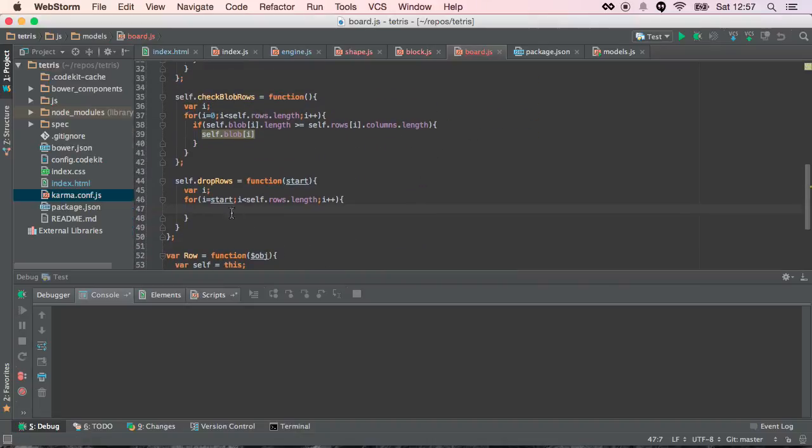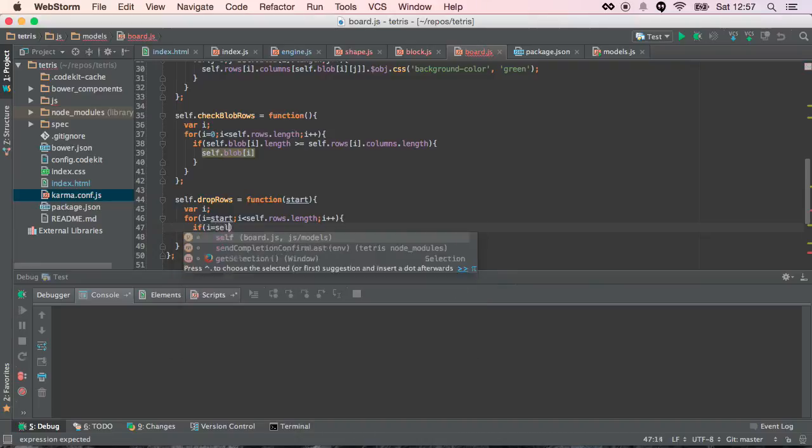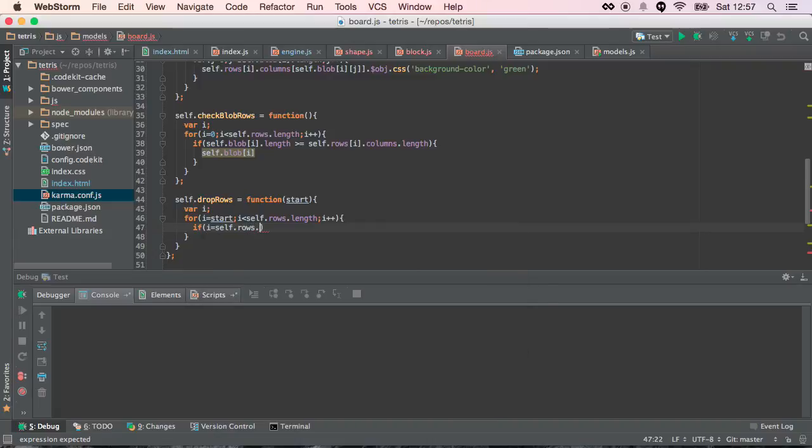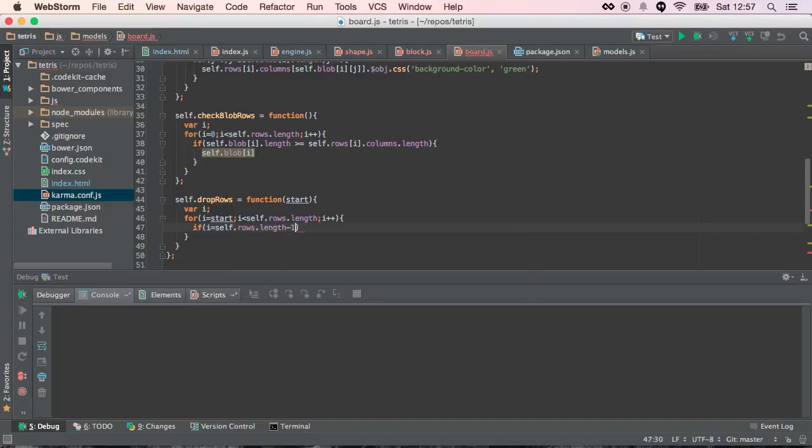Then there's one scenario we want to handle: eventually this will loop up and we'll get up to the top, and the top one won't have an additional block to pull in. So if i equals self.rows.length minus 1, if it is the top row, then we will